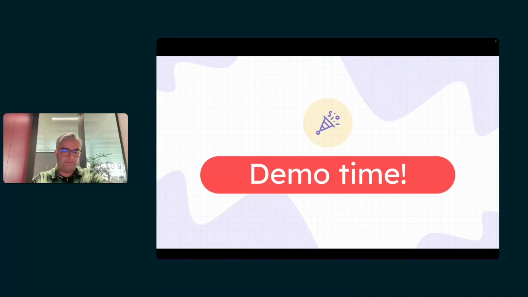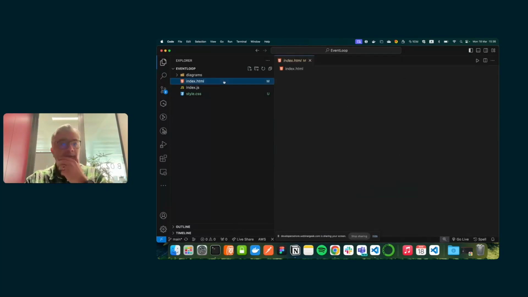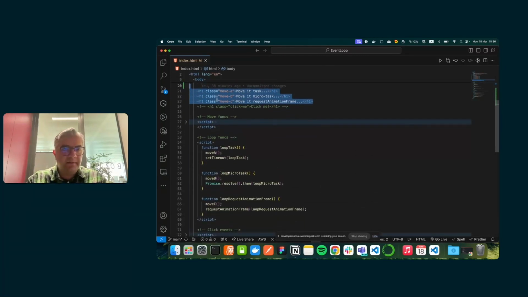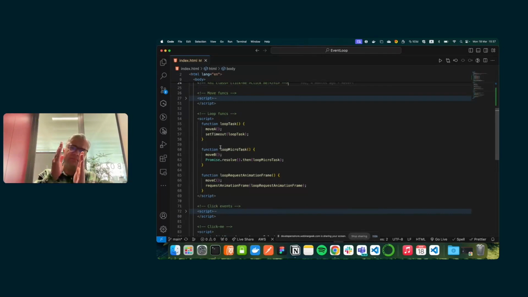Let's have a demo. Okay, so what do I have here? I have a simple HTML file with three H1s: move 1, move 2, move 3, and move A, move B, move C. This one works with task, this one works with microtask, and this one works with requestAnimationFrame. Moving it means it moves 1 pixel each millisecond.